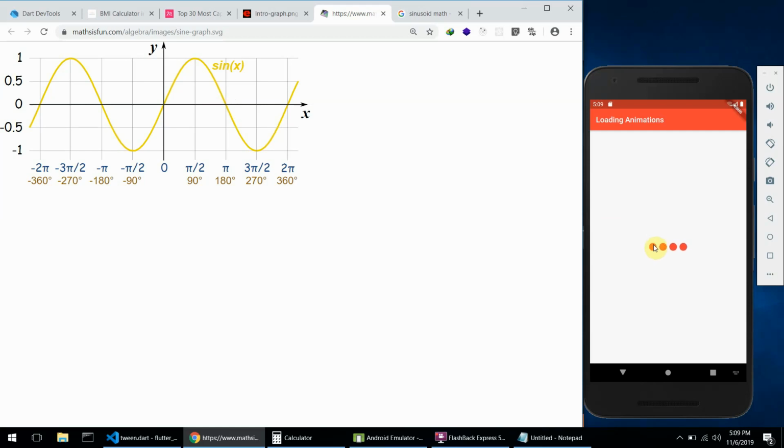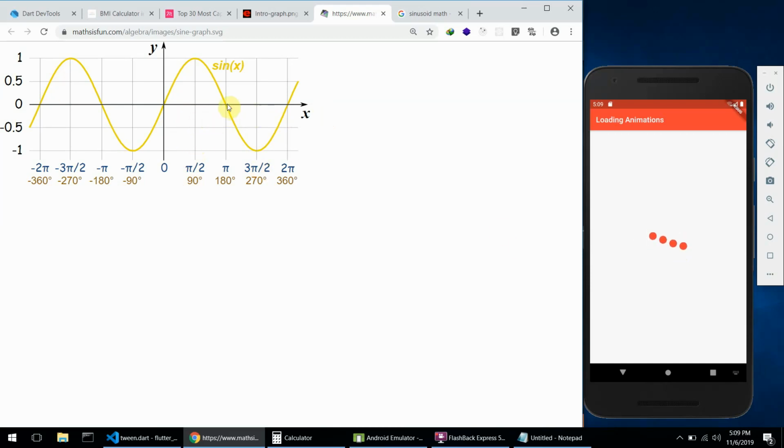The time this actor gets to the topmost position, which is here, that is the middle of the animation. Then when it now goes to the end of the animation, it should come back to what? 0. So that is why we are having this wave-like format. And if you look at the movement of this loading animation, it's a bit similar to this. So that is why I named it the Sinoid